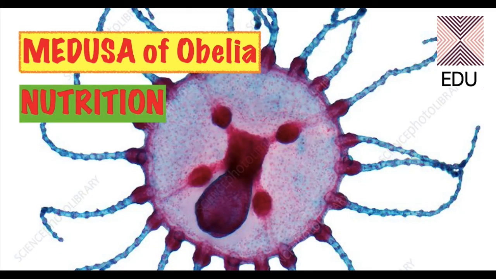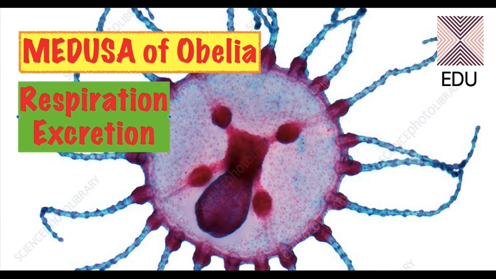After digestion, the partially digested food goes to the 4 radial canals. So now it is spreading to the whole of the body. After getting into the 4 radial canals, it goes to the circular canal, and it is distributed to the whole of the body of the medusa. Whatever is left undigested will be thrown out of the mouth. So here the mouth also acts as the anus, and the same condition was present in the Obelia colony.